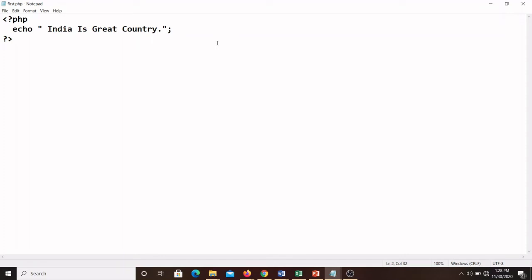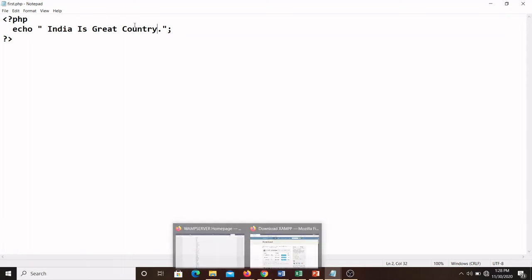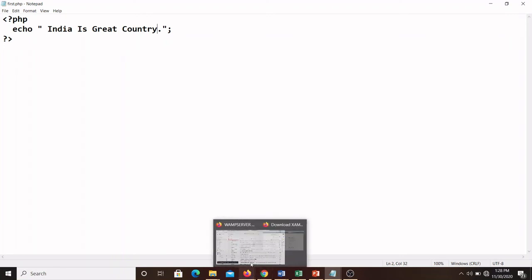In the same way, if you are using XAMPP, the location changes to htdocs. We have to keep the file inside htdocs. Suppose you are using the LAMP Linux environment, the same concept applies: we keep the file with the .php extension inside var/www/html. Inside that you can create a file and keep it there. In this way you can write PHP programs and keep the file.